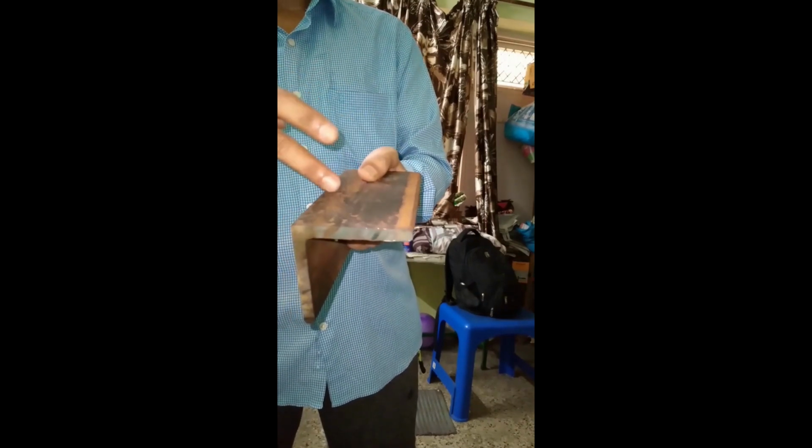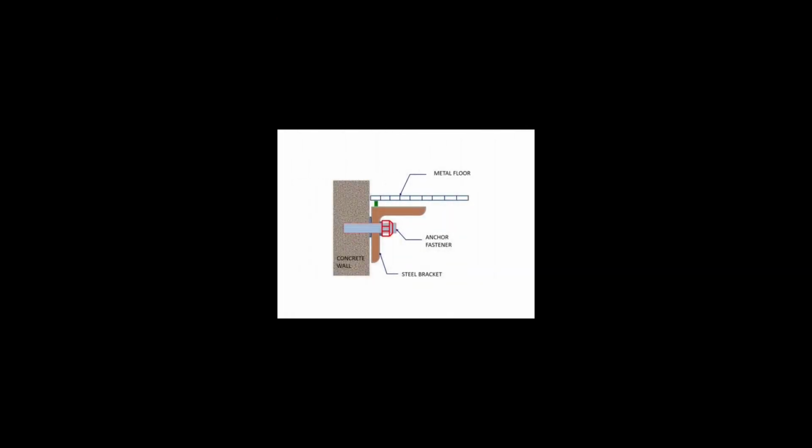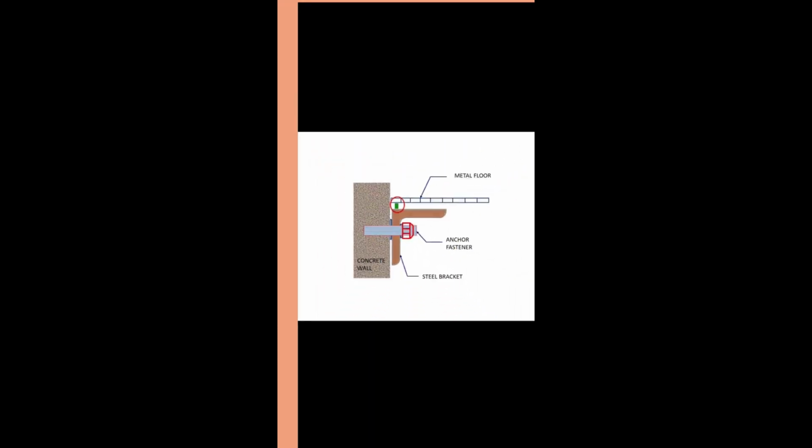We know that there is a gap between the top of the bracket and the metal floor. To bridge this gap, a steel plate is to be connected on top of the bracket. The plate will transfer load from the metal floor to the bracket. The height of the plate may vary from support to support, hence measurement at site is to be done for each support location. We will do the measurement for the top plate.